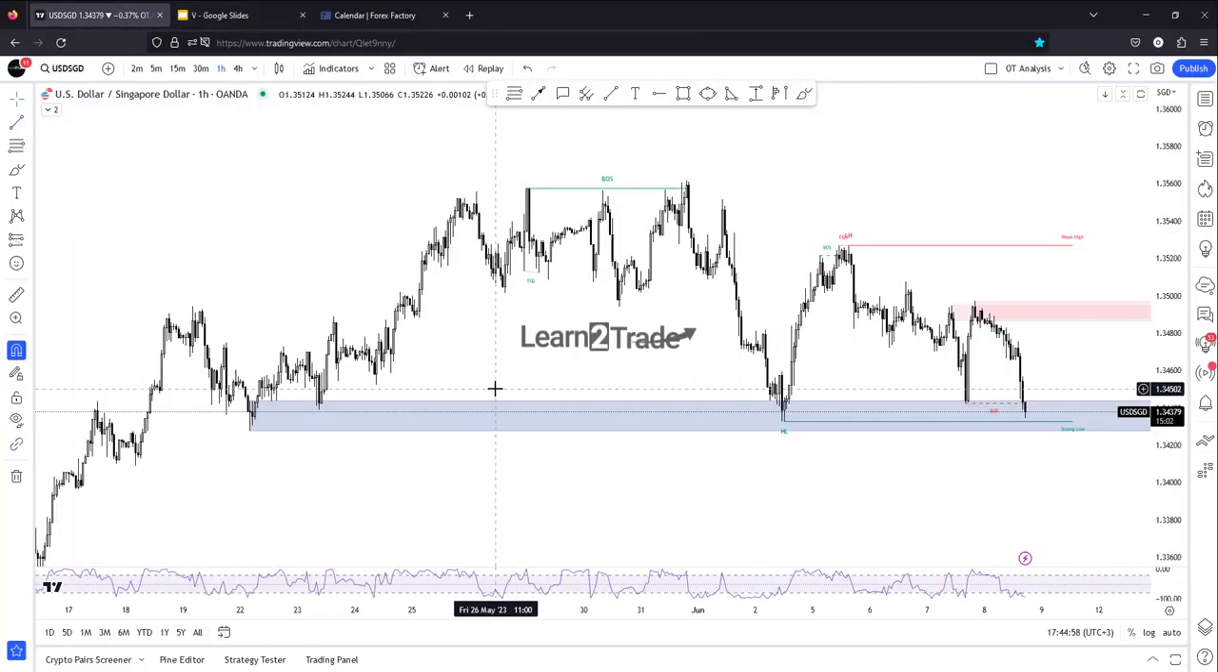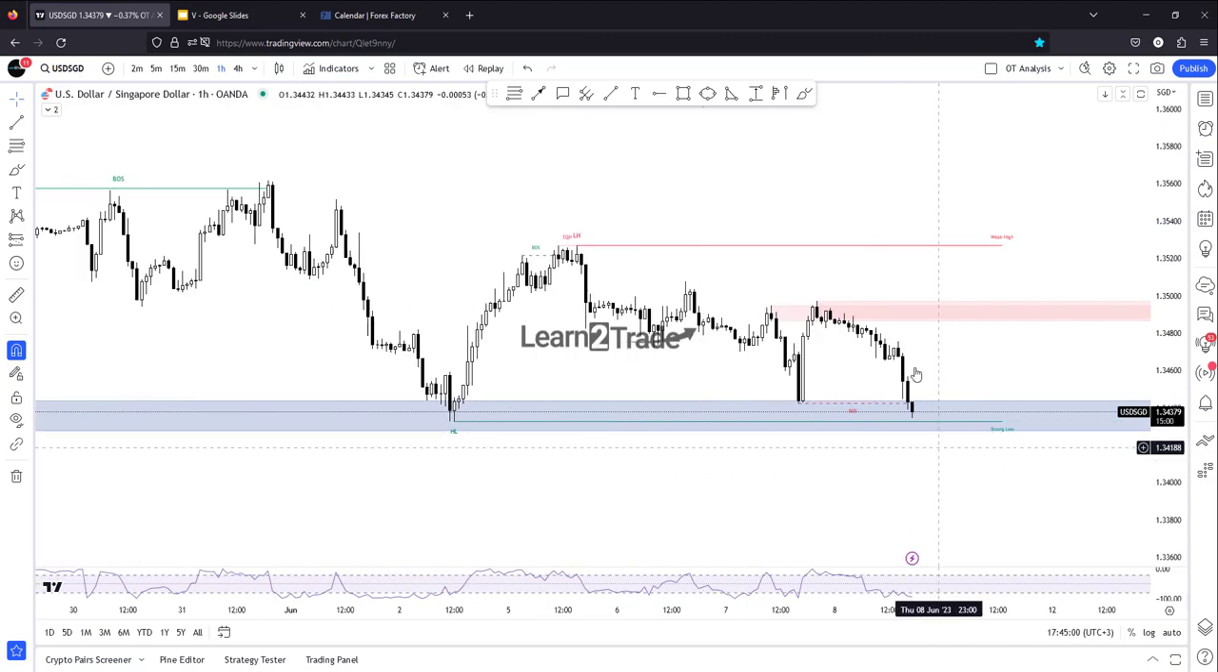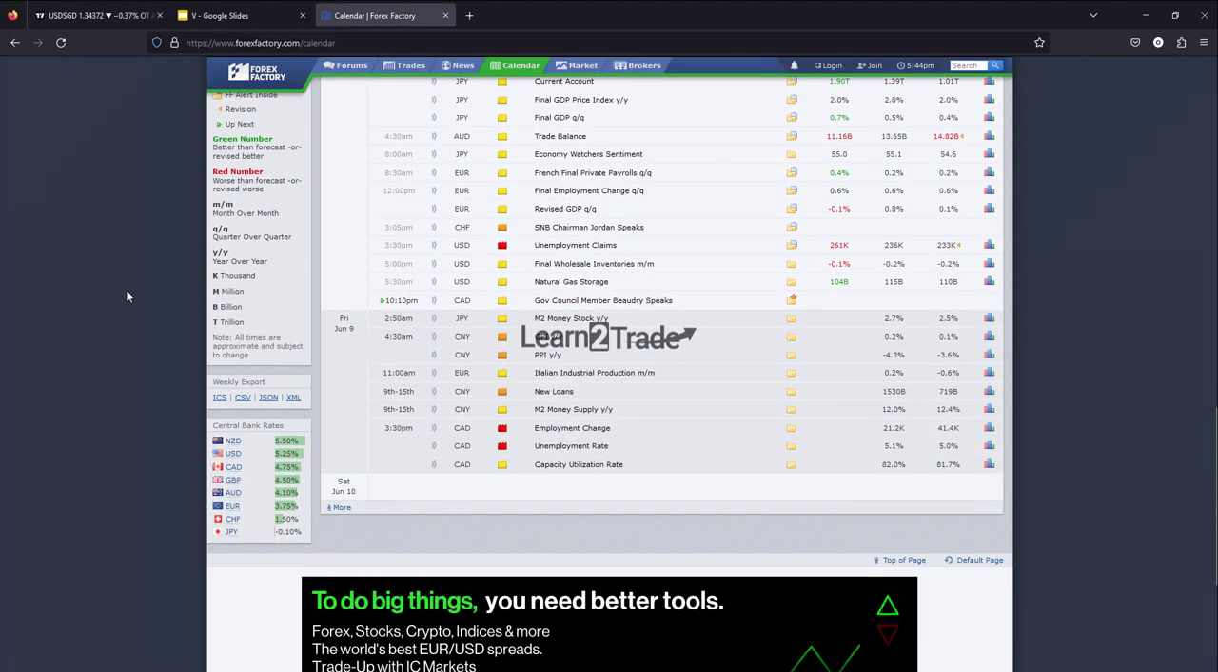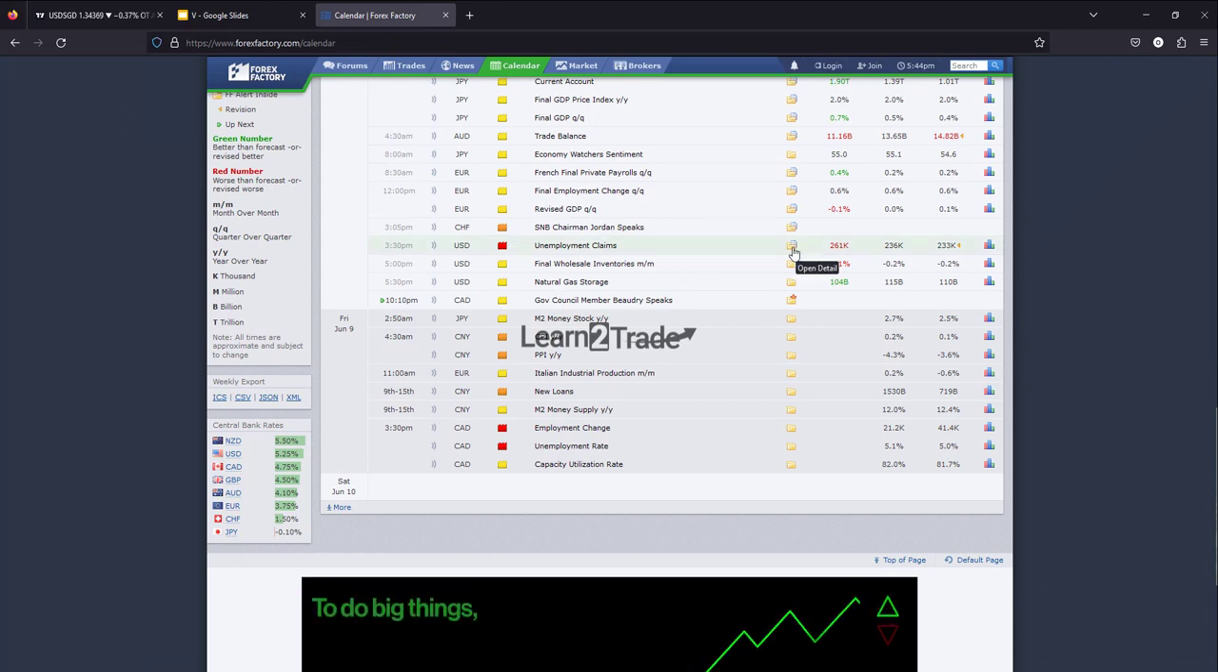So let's take a look. US dollar versus the Singapore dollar. Massive sell-off today again, and also in the last hours. The US dollar losing more ground versus rivals after the US unemployment claims. The economic indicator came in worse than expected,